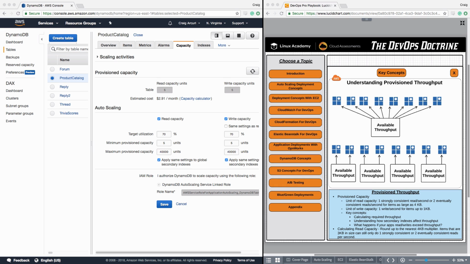So some of the key concepts we need to talk about are calculating required throughput, understanding how secondary indexes affect throughput, and you'll see there's a difference between local secondary indexes and global secondary indexes, and what happens if your app's read-writes exceed throughput. Now, I'll say this one last time. The autoscaling for DynamoDB is a game changer for all of this. But even so, you would have to set your mins and maxes, and it's still good to have that foundational